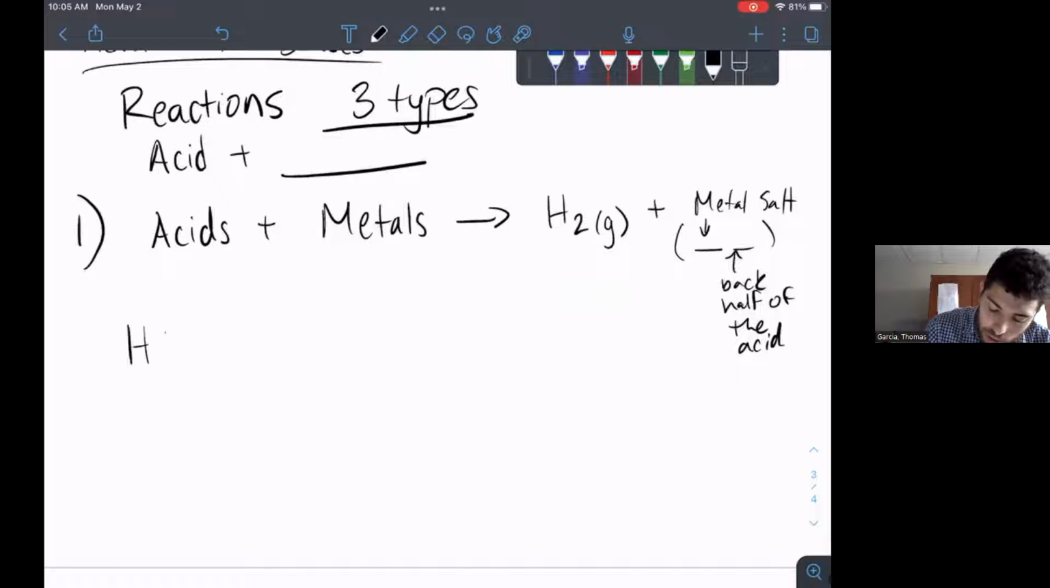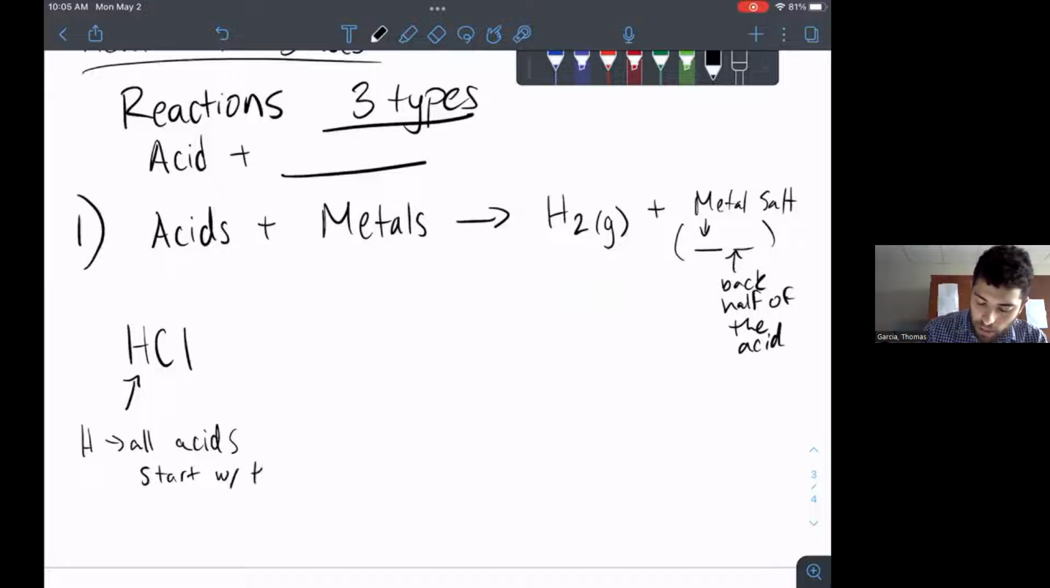So let's take HCl, hydrochloric acid. A quick thing to note is pretty much all our acids always start with H. All acids start with this, and that's a pretty good way to identify our acids. Now, we're going to react it with, let's say, magnesium. Magnesium is a very reactive metal. So when we put magnesium and hydrochloric acid together, we get, like I said before, H2 gas